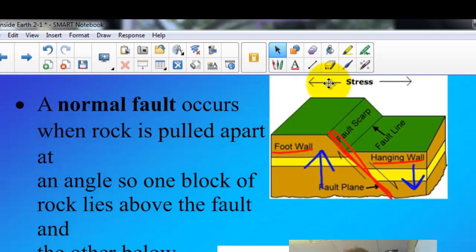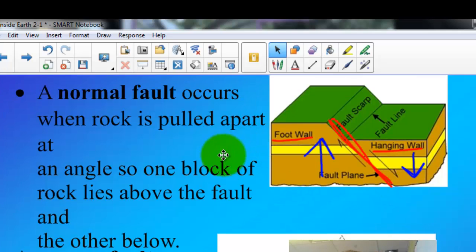And you can see that here in the picture. So you can see the type of stress. You see the arrows pulling apart, so this is caused by tension. It's being pulled apart. And what happens is we have our fault line here, that fault plane, just where the break in the crust is. And as it's pulled, one half is being pulled more up, one half is being pulled more down. The lower half below the fault is known as the footwall, and that's moving up. And the hanging wall, you can almost hang something off the edge of the fault line,